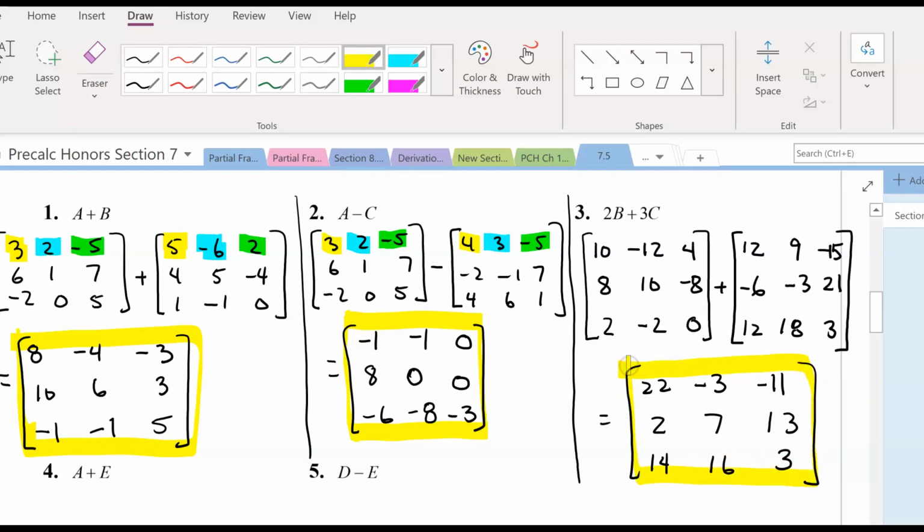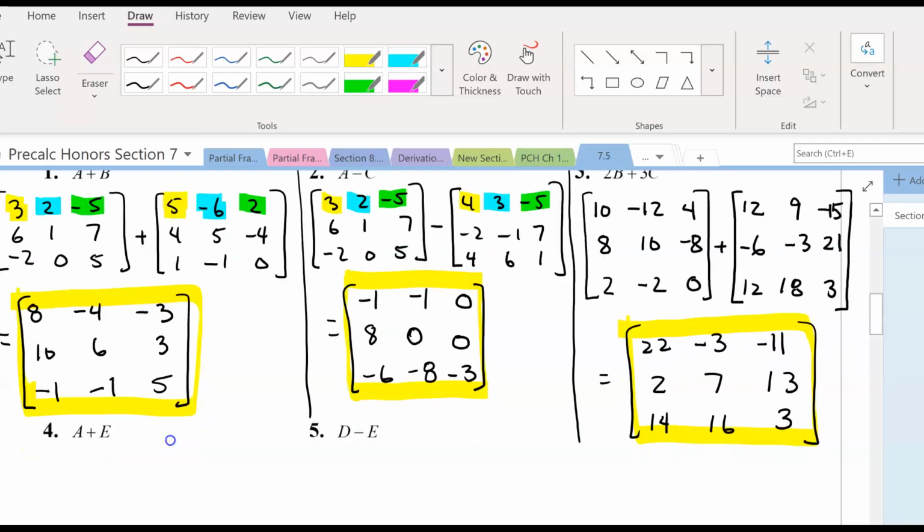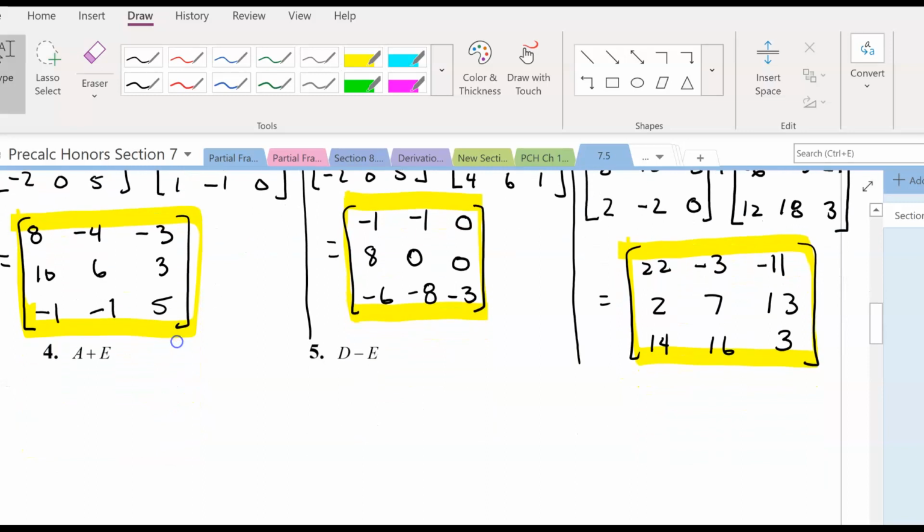So there would be 2b plus 3c. All right, moving on to number 4. So we know that A is a 3 by 3 matrix, and E is a 3 by 2 matrix. In order to do matrix addition or subtraction, the matrices have to be the same order. So this is not possible